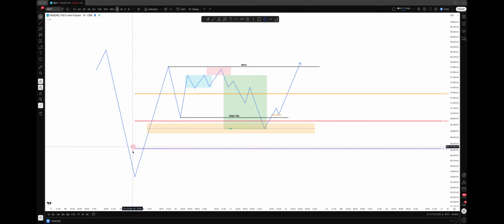Below 50 is discount. So whatever price is down here is a discount. If price reaches a discount, what is your initial bias? Your initial bias is going to be to the upside. And if there is any draw on liquidity to the upside, that's dope. All right. Now,